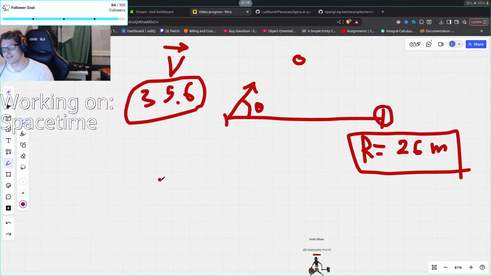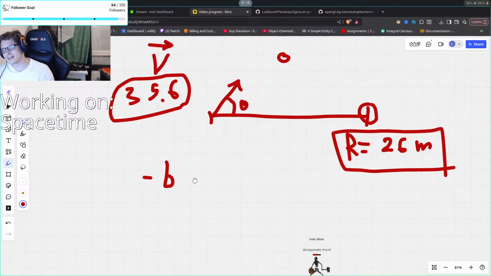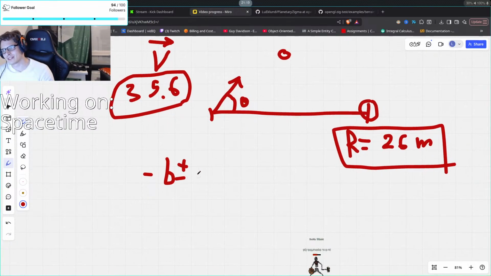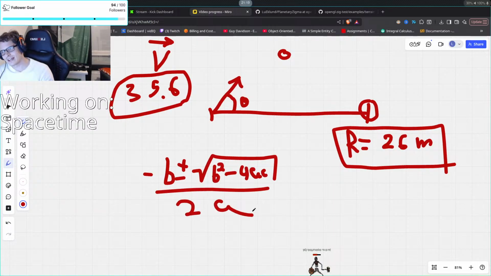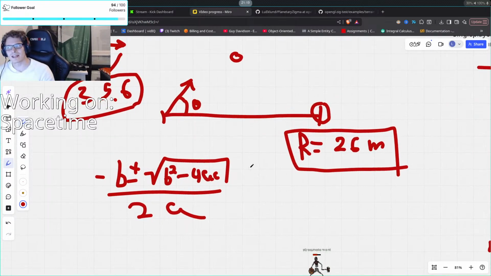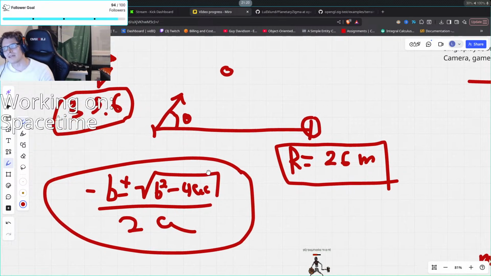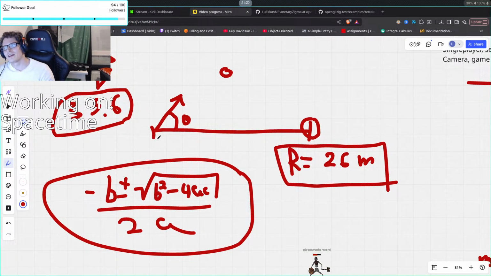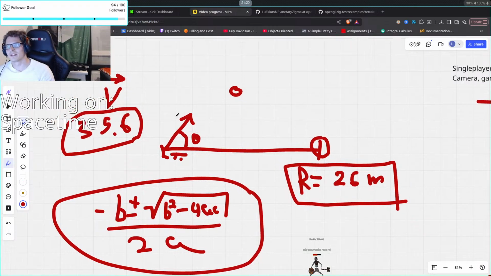Basically it was just to figure out the time by using this formula: B squared minus 4AC divided by 2A. Then you will get 2 timestamps. With those 2 timestamps, you can figure out the x component of the vector.